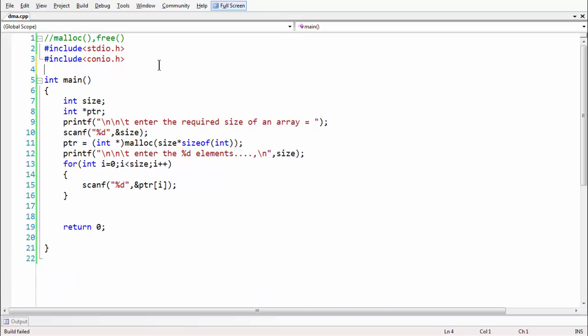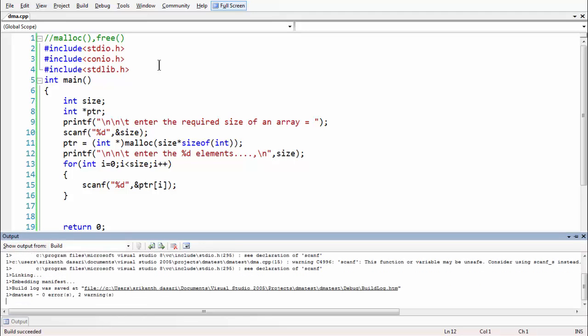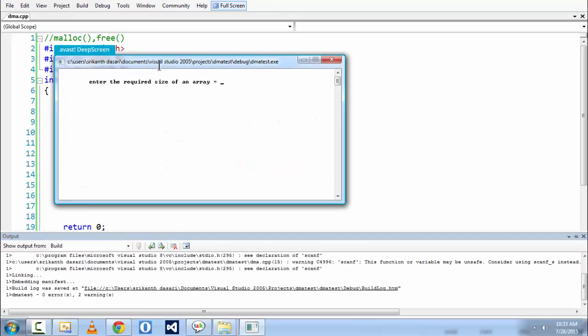The malloc function has a typical header file in C, which is stdlib.h. Since this is a C++ compiler and we have saved the program in .cpp, we need to be very specific about the header files we are going to use in order to make the C program work correctly here. If we run the program now, if everything goes fine, even with the warnings,